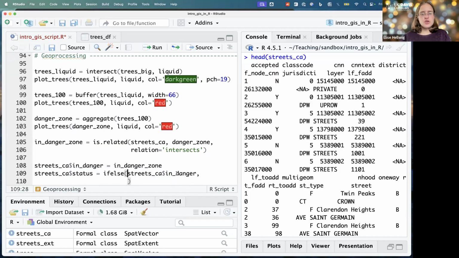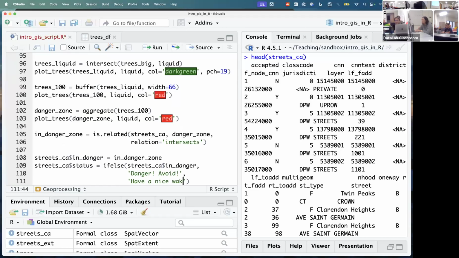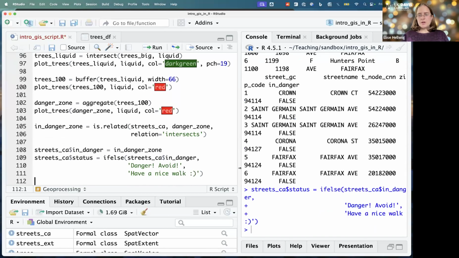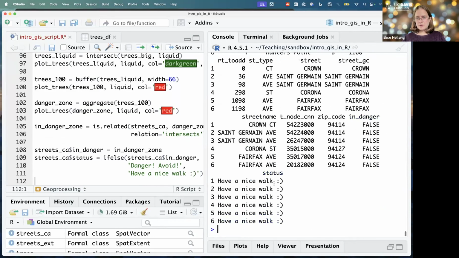And if this is true, if we are in danger, it is going to return danger. Avoid. And if it's false, it's going to say have a nice walk. Smiley face. And so now we have a status